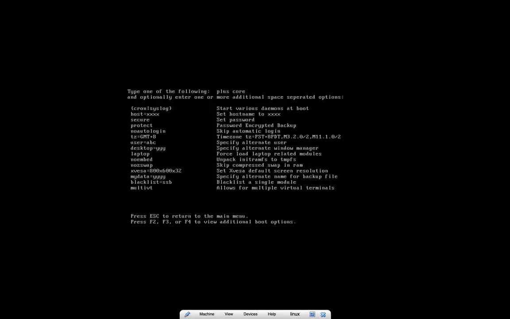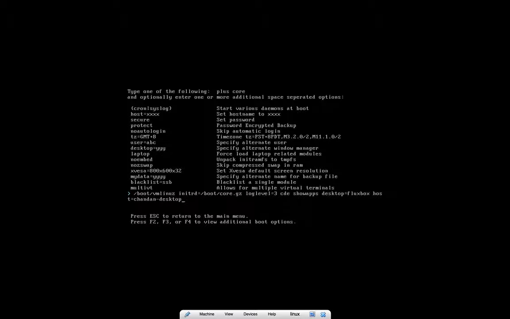So here you can see there is a host equal to XXX that can be used to set the host name, and you can also pass a user option so that the username that core will provide you can be changed. So we'll just escape to the boot prompt and use host equals to Chandan